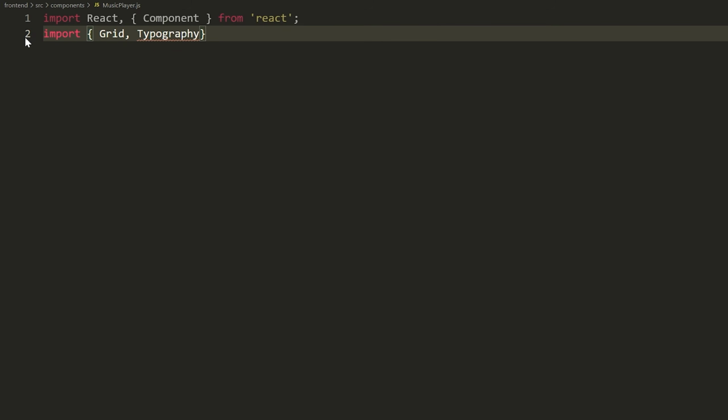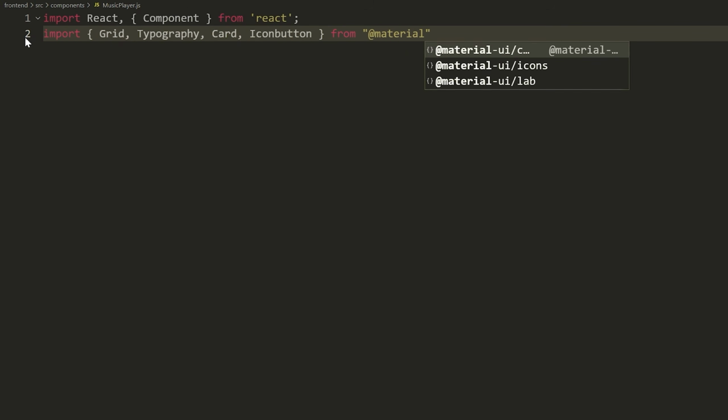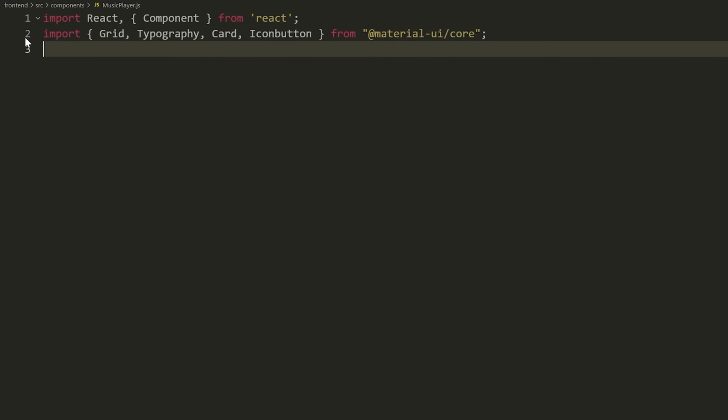We're going to import typography. We're going to import the card. We're going to import the button. Sorry, not the button, the icon button. And then I'm trying to look here. I think that's all we need from at material-ui/core. But we are going to import some icons, so like the play icon and the pause icon, stuff like